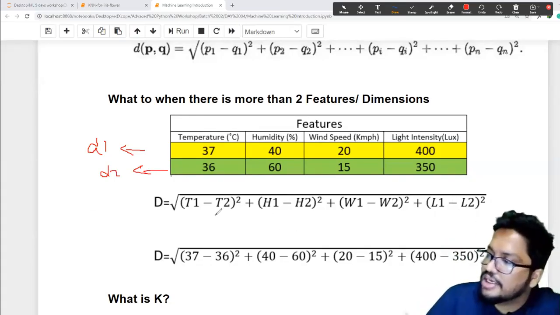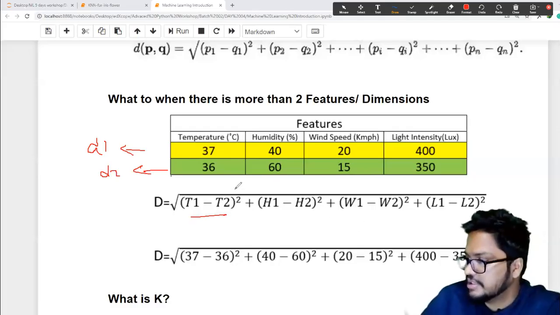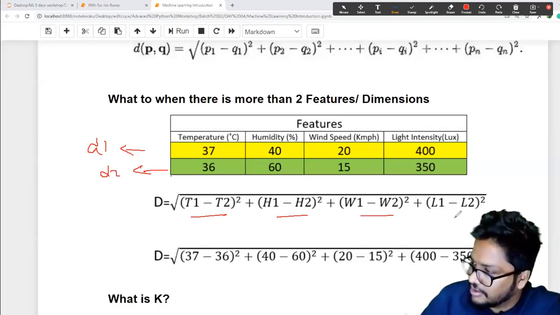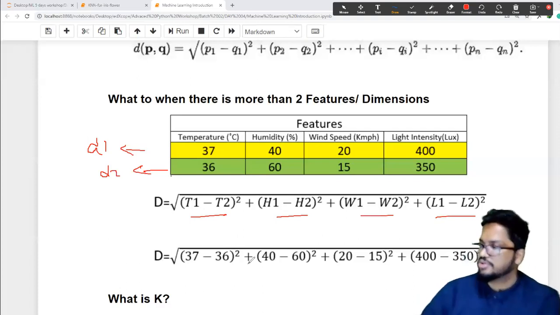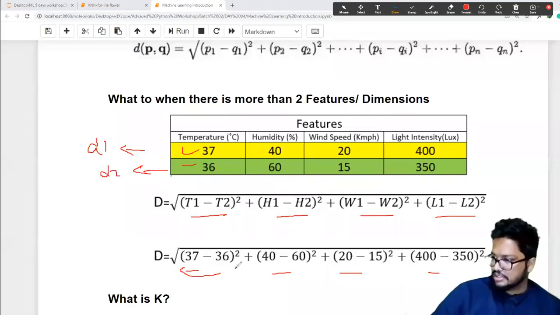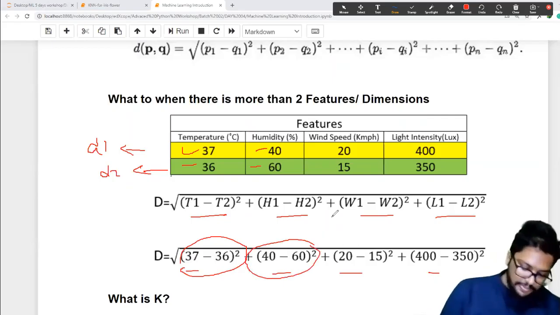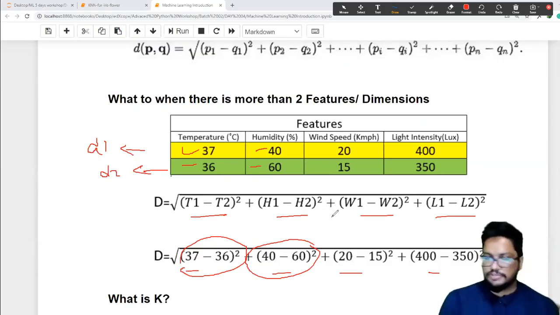Similar to the Pythagoras, but here you take the difference between the temperature, squared, the difference between the humidity, squared, the difference between the wind speed, squared, the difference between the light intensity, squared. So you will be getting it like this. In Pythagoras, we have only 2 features, two axes, but